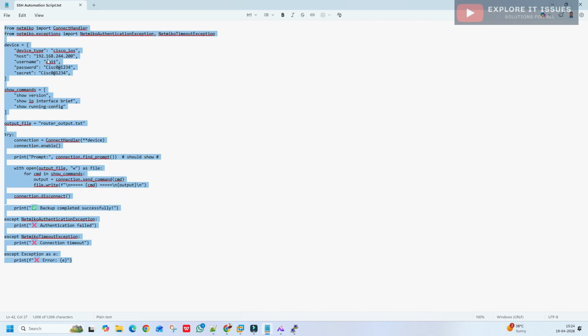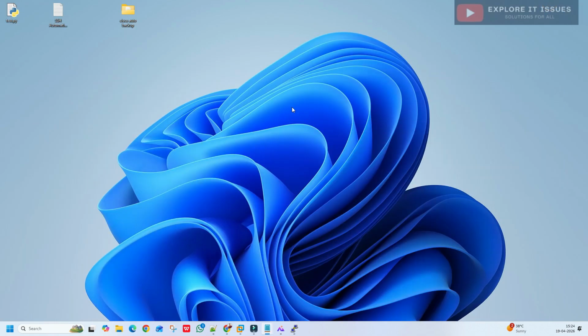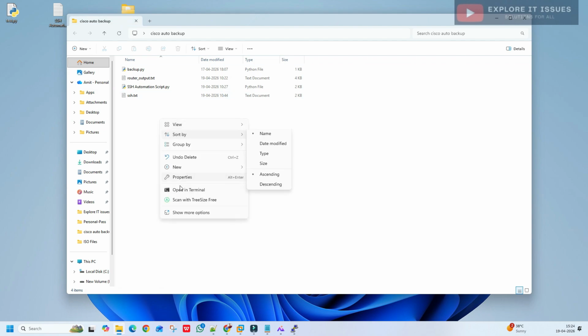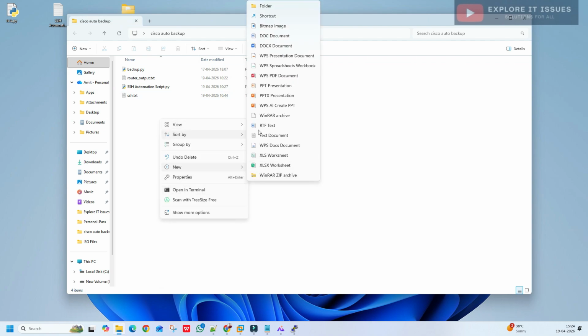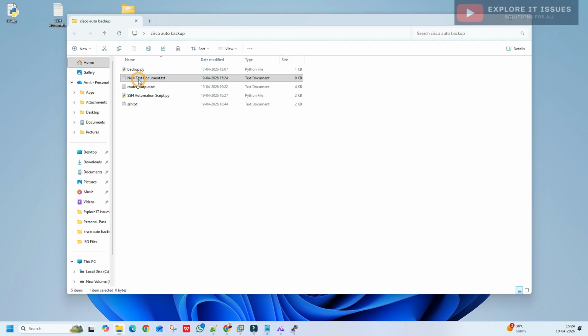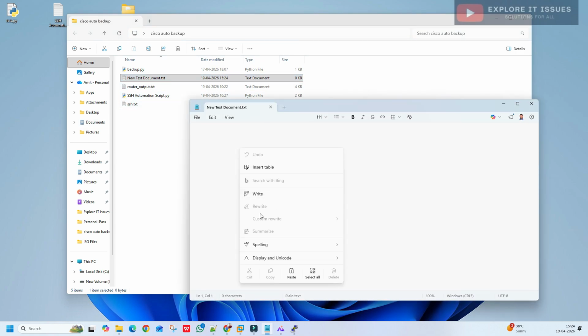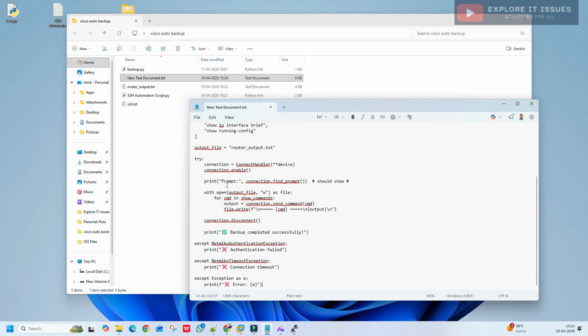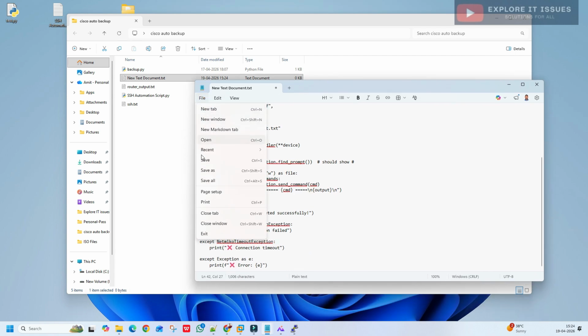So let's see. I've just copied this code, and this is our folder that I created earlier. In this folder I create one notepad file and paste this code here. Paste it and save.